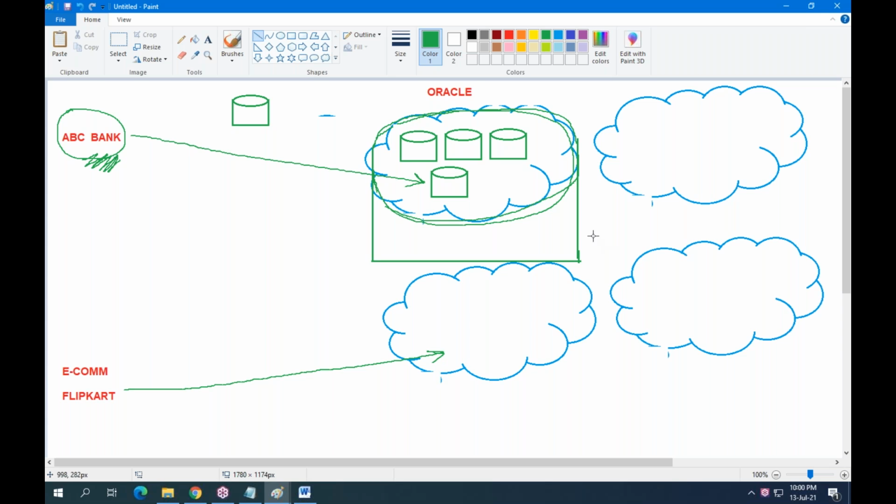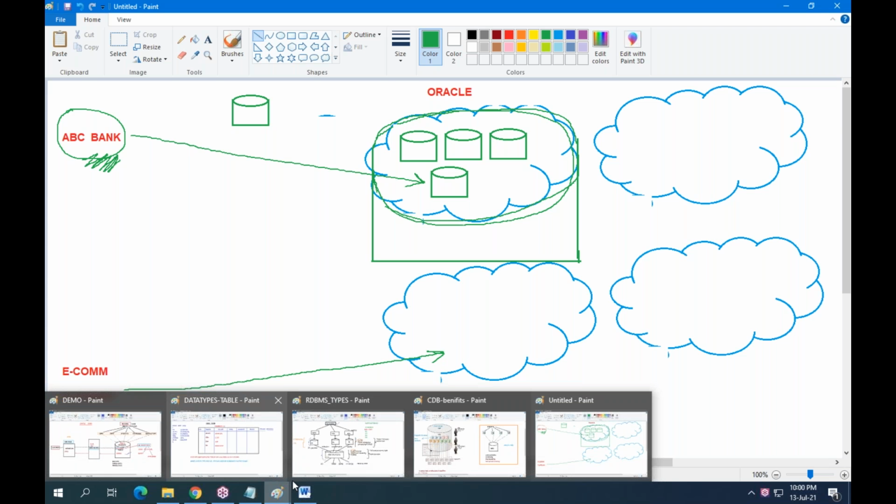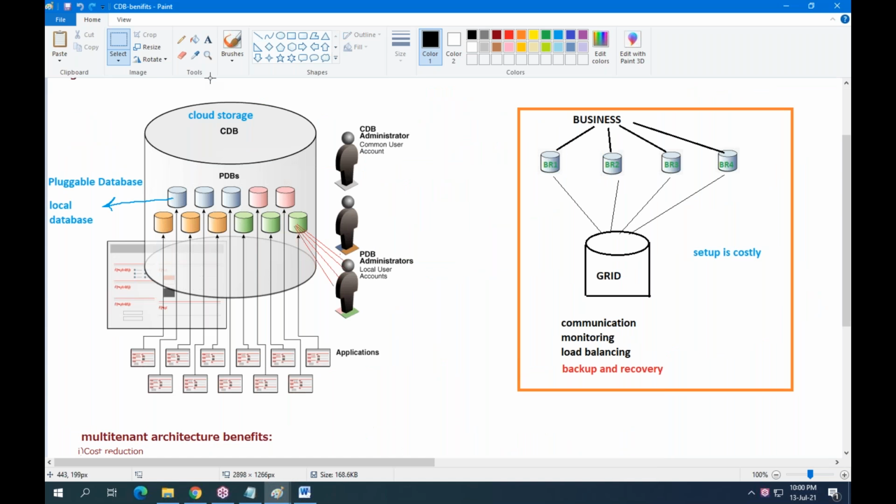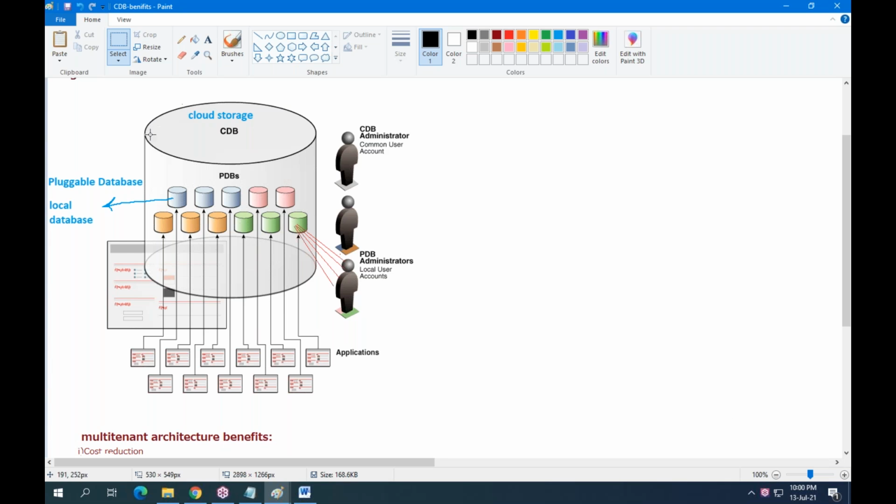Data maintenance is taken care of by Oracle company. This is the real cloud database architecture, a sample diagram from Oracle company.